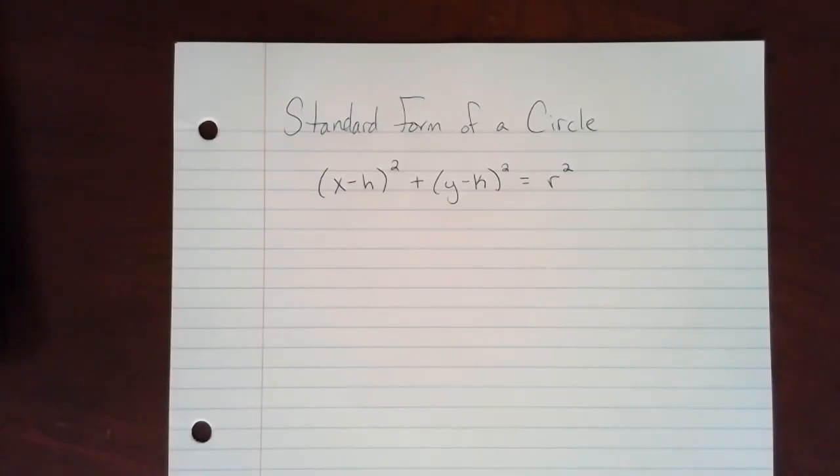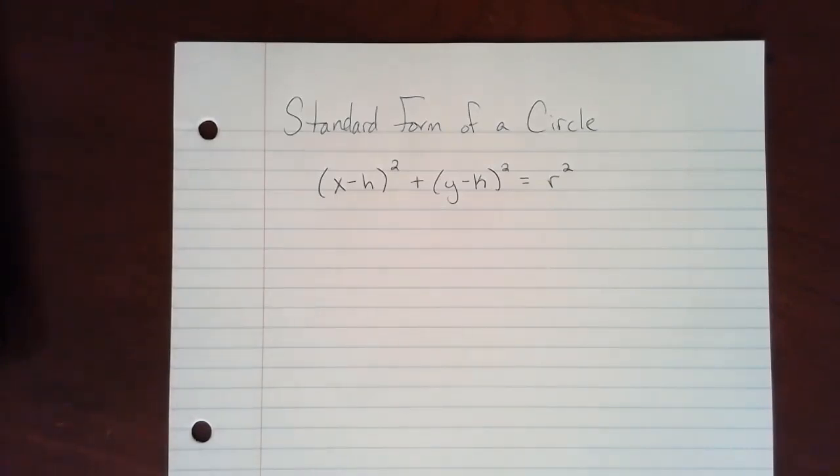I won't have a lot to say in this first video here on conic sections. We're going to be taking a look at a little bit of really review material at this point in your mathematical career. This right here is the standard form of a circle. We have x minus h in parentheses squared plus y minus k in parentheses squared, and that's all set equal